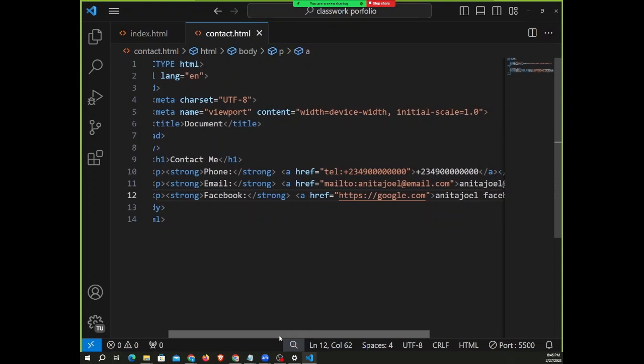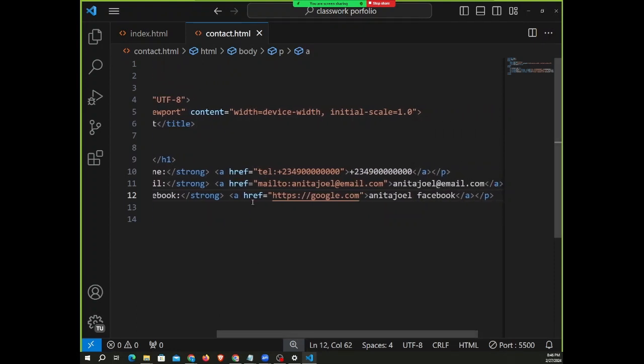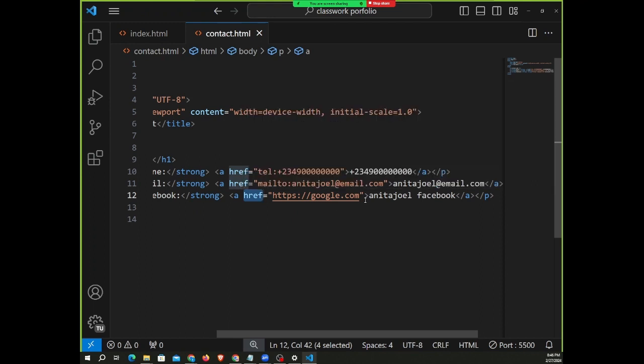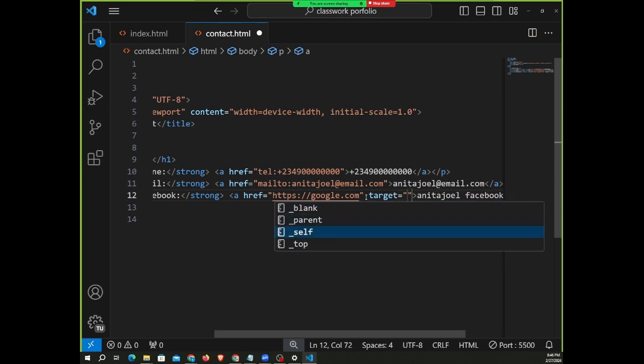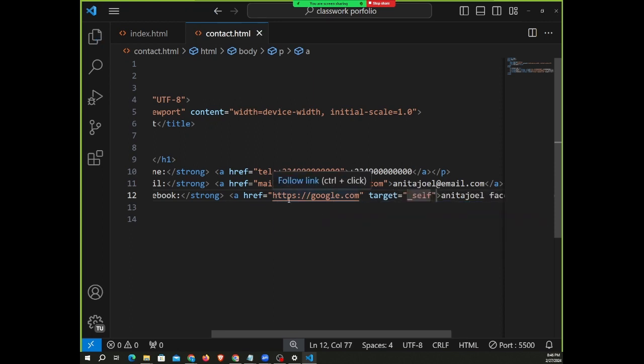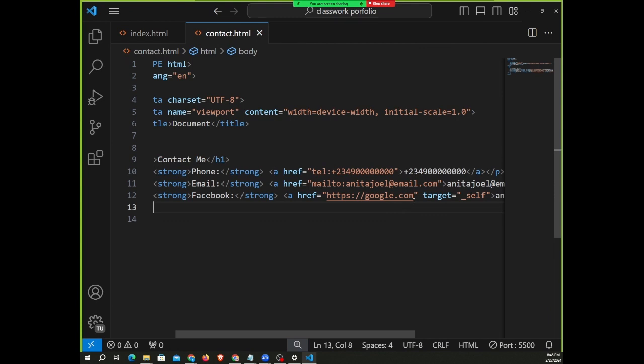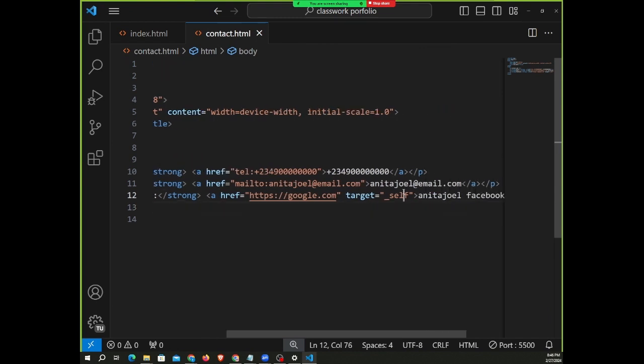Now, aside from href, there are other attributes you can add to a link. One other attribute you can add aside from href is called the target attribute. So this target by default is self. Self means that whenever you open this link, it should open inside that same tab. That's the default, which is self. But if I change it to